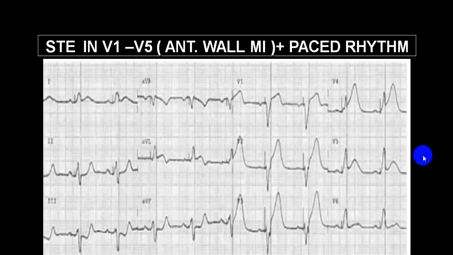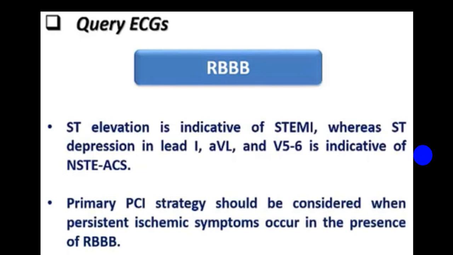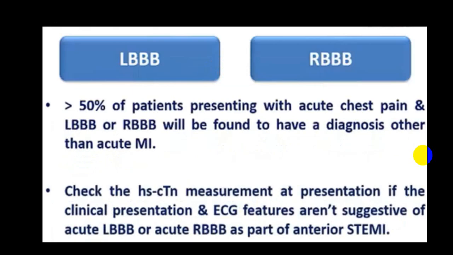Do suspect acute MI. Also, if there is an RBBB and if there is an ST elevation or ST depression which is indicative of STEMI, do keep it in mind. It can be non-STEMI or it can be signs of reciprocal changes of STEMI, and the person should be subjected to angiography followed by revascularization. So it is more common with left bundle branch block, but also don't forget it can be seen in presence of right bundle branch block. So do keep it in mind.